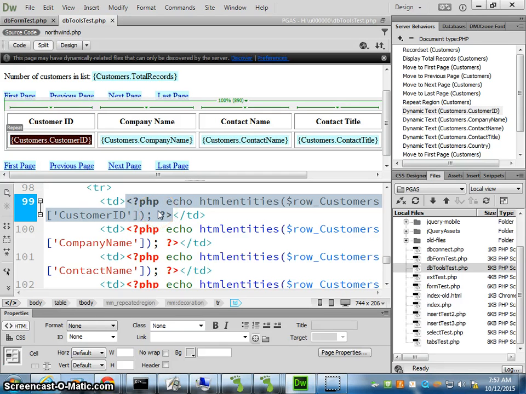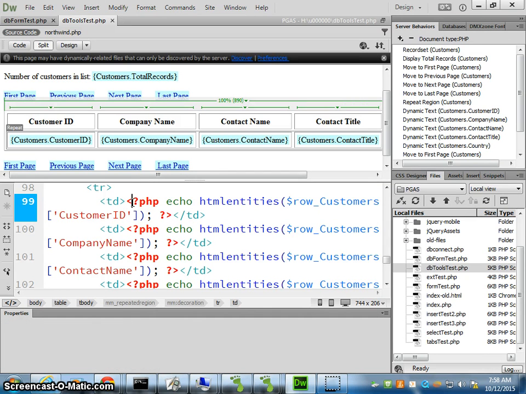So we want the output that's going to be generated by this PHP command. Okay, so we want all of this text that's being generated by the PHP echo command to be what's inside our hyperlink. So we'll go to the beginning of that spot and put in our opening A tag,